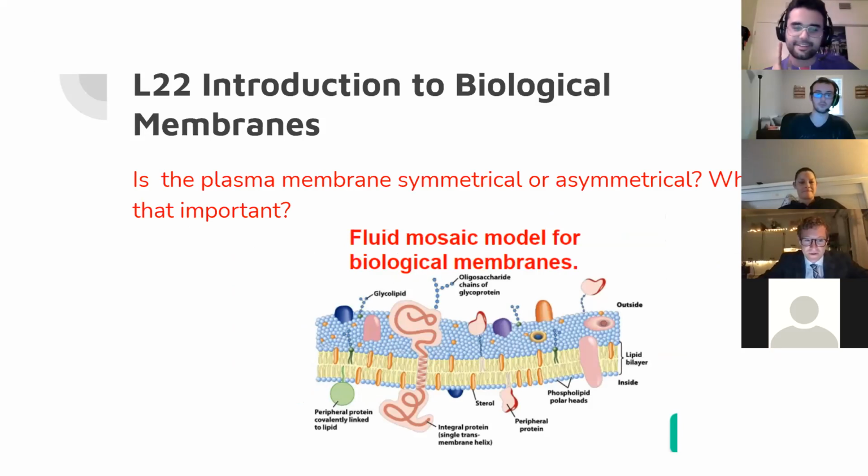But the important thing here is: is the plasma membrane symmetrical or asymmetrical? Asymmetrical. Exactly. And that's really important for the functionality of the cell. If we look at a cell connected to the lumen of our alimentary canal or our nephrons, the cells closest to these lumens are going to have a lot of different proteins than the sides that are not touching that lumen, right? So they're considered asymmetrical depending on their functionality, depending on what they're doing on certain areas around the cell.